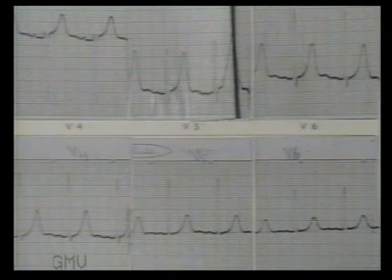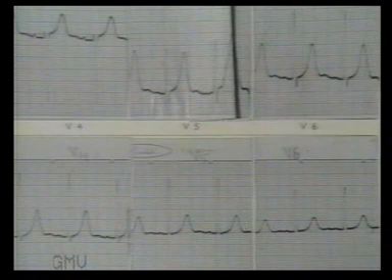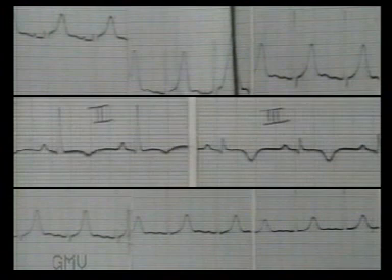When tall T waves are seen in chest leads, first look at inferior wall leads, that is 2, 3 and AVF for inferior wall infarct. Here leads 2 and 3 show inverted T waves with Q wave in lead 3, suggesting that there is a recent inferior wall infarct. So the tall T waves is a reciprocal change in the chest leads.